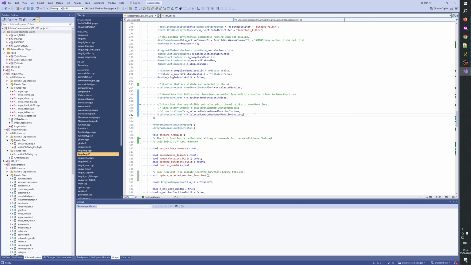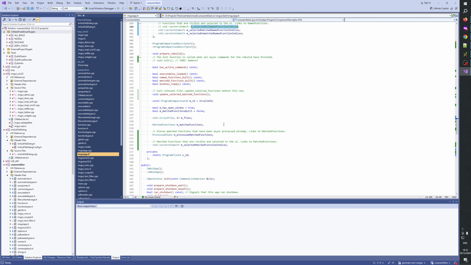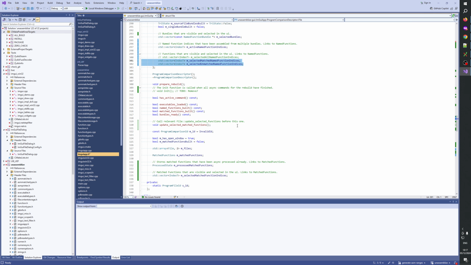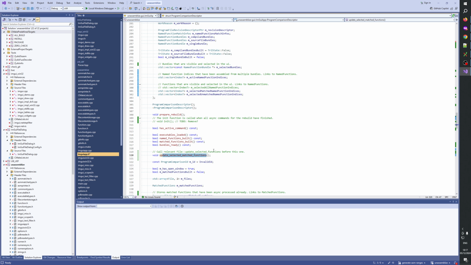We only need the unmatched ones. But for simplicity, maybe it should be all named function indices. Essentially, I think for our matched functions here, we need a different strategy to build these. We build these from the matched function pair because it has both sides that need